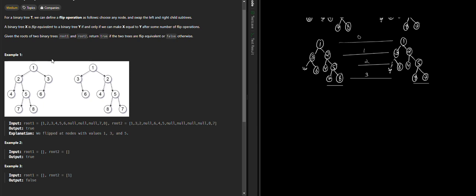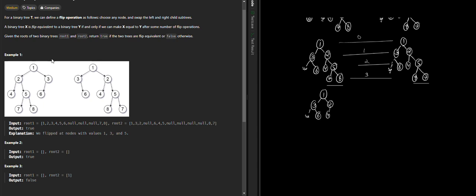For this level, what is the node? 5. For 5 we need to check. For level 2 we will check: for 7 we need to flip 7 and 8, right? For 5 we can flip. Here is null, here is 6.